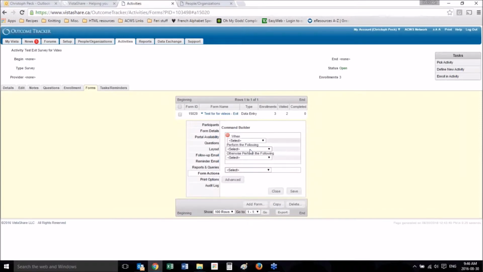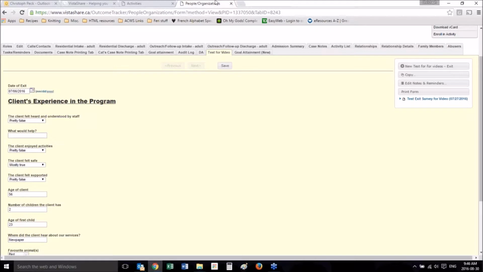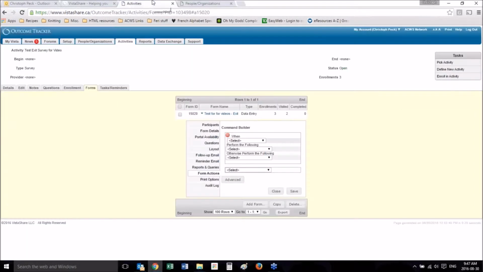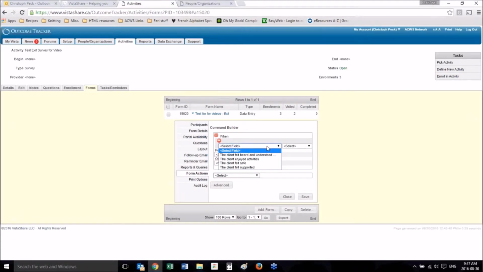So I'm going to select when then else. I'm going to look at my form real quick, and let's say it doesn't make sense for this what would help question to show up if people select true on here. So when true is selected on here, that the client felt understood, then we want to hide this. So when the list expression in client felt heard and understood